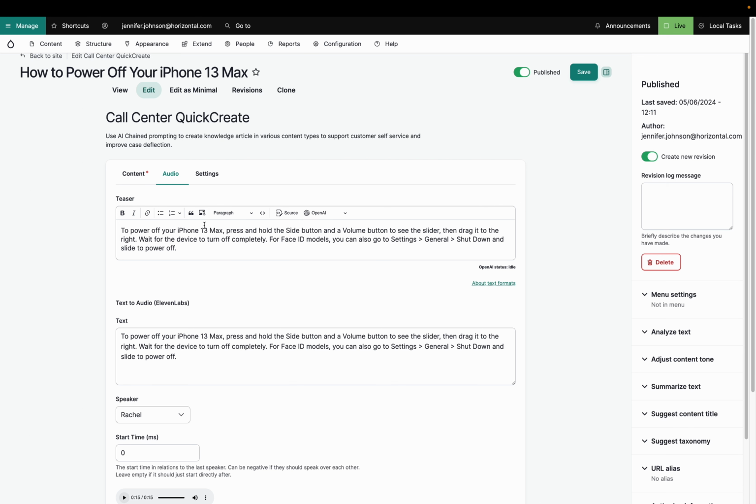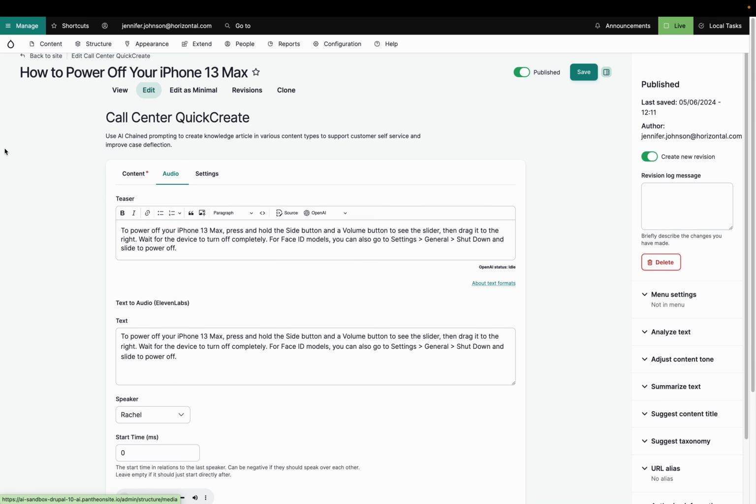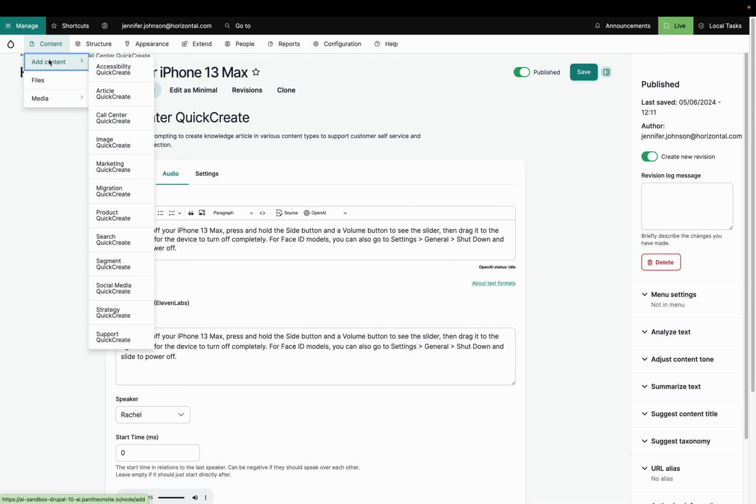So in one content block, we've been able to generate 7 or 8 different ways to help the clients achieve case deflection. And then we were able to take the fields and summarize them and input them into a field so that we could do something with that field, namely make it into audio. And this is the atomic content piece. Because when we talk about the building blocks of how we put it together, it's all based on the notion of atomic content. And I'm going to go back to